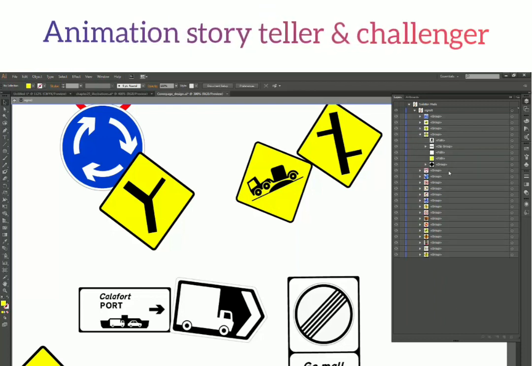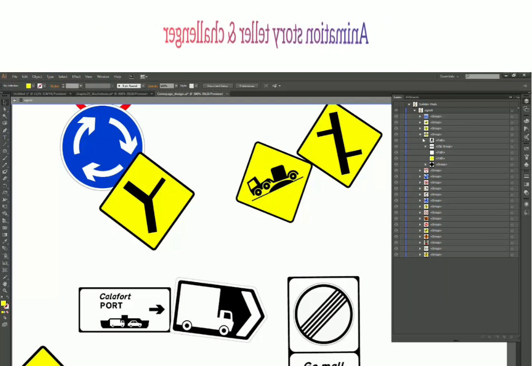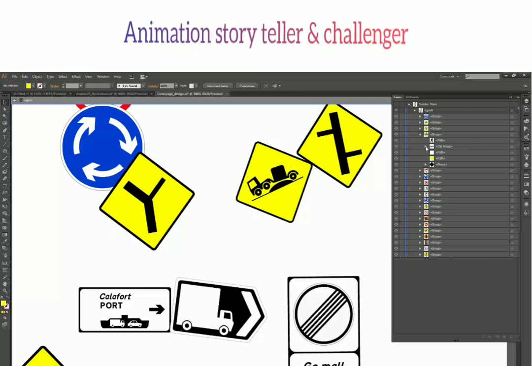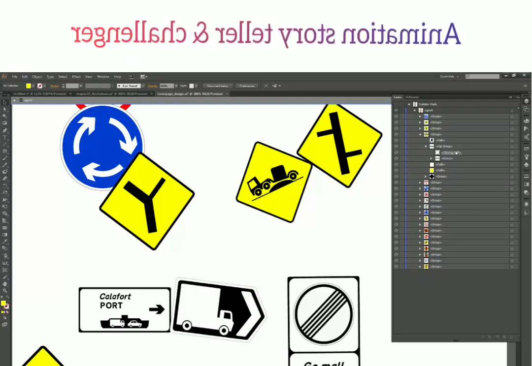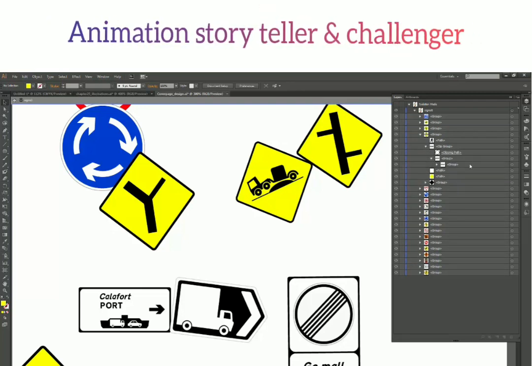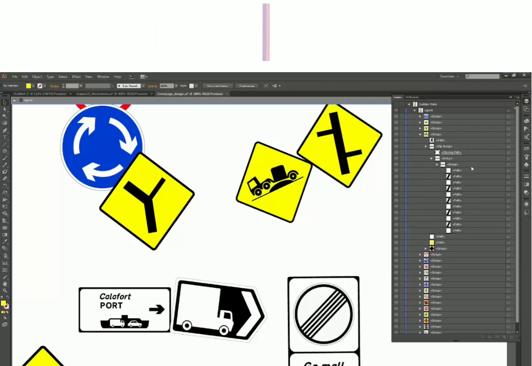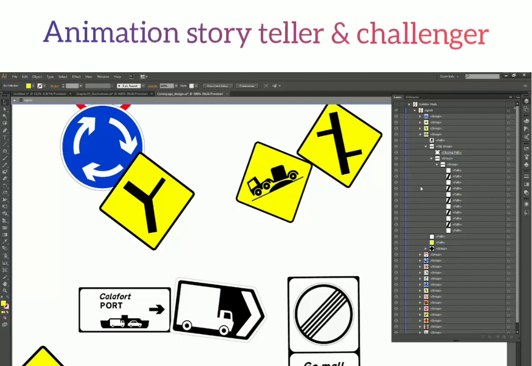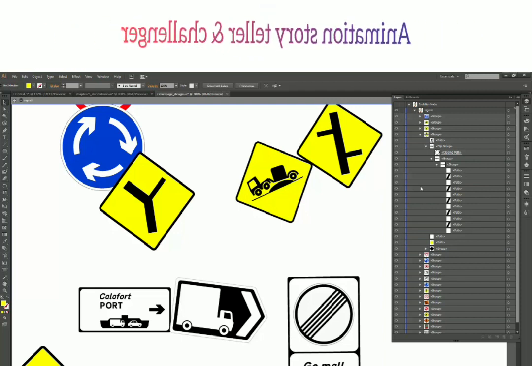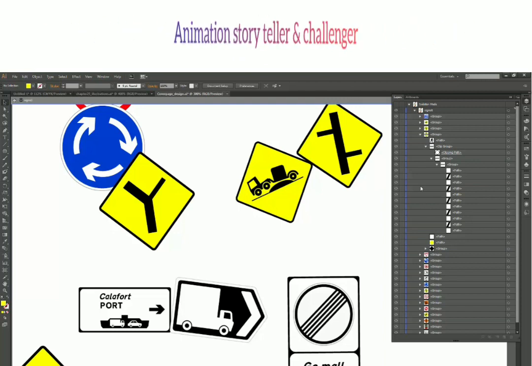So let me see if I have, yeah, in this group, if I open, I have one more group inside it. If I open that group, it shows me a compound path and a group. If I open this, there is one more group, and then there are several paths in that group. So this much level of detail you can just see within the layers itself.